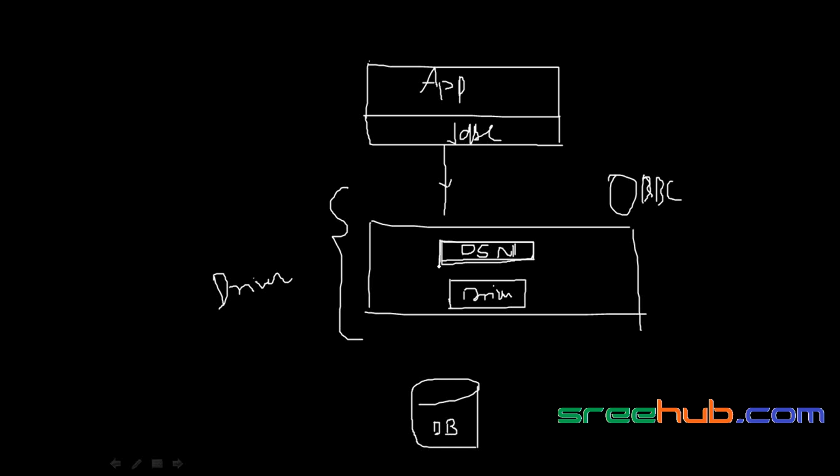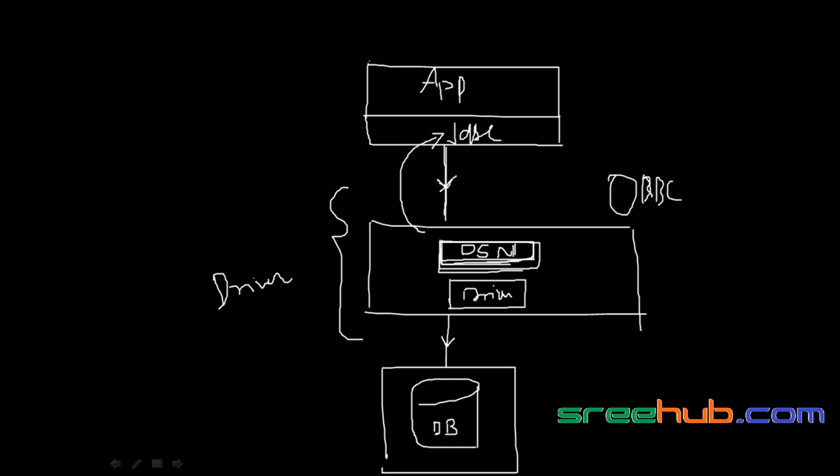So that is nothing but the DSN, the data source name, and this data source name is ready with all your database details, all the server details and database details. Now, whenever you load this driver on JDBC, you are ready to connect with the database. Now, how can you connect? Once you say connect, if you go to this DSN and take the details using this driver,